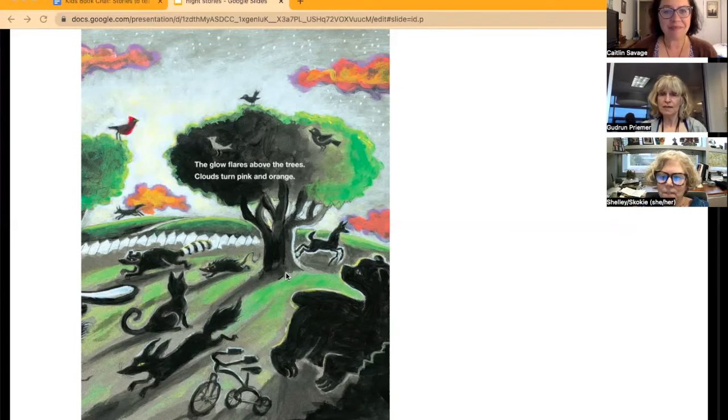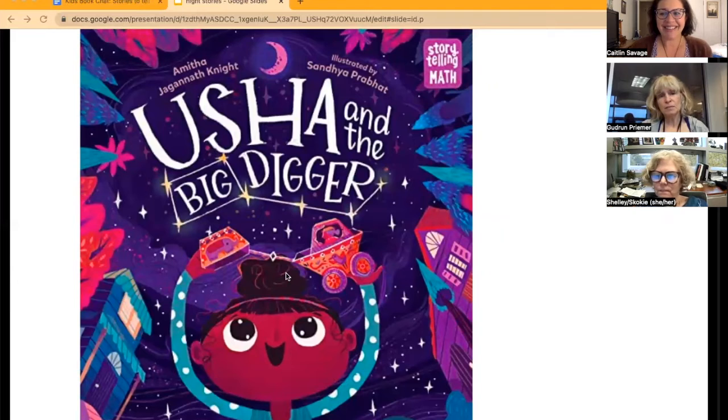It's called Usha and the Big Digger, and it's written by Amitha Jagannath Knight, and illustrated by Sandhya Prabhat. I still remember the very first time I really saw the stars, the Milky Way and the constellations, and it was on a trip to the Canadian Rockies. I was already an adult, and it felt like magic, and it felt like I was the very first person